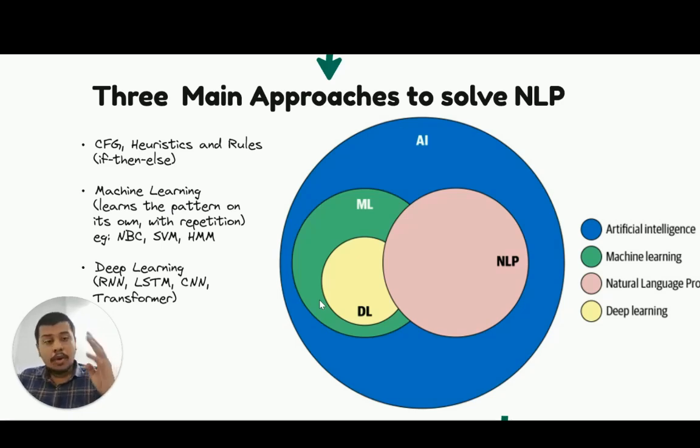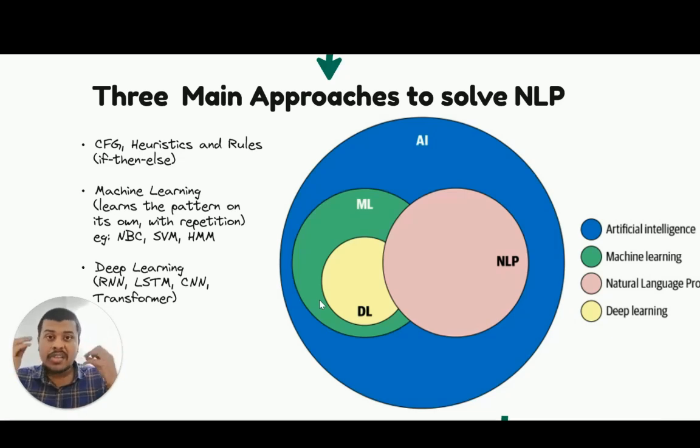Out of all these four models, the hidden Markov model alone will be seen in detail, because we'll not be using the hidden Markov model in our further lectures. So we'll just see the details of the hidden Markov model in this lecture itself. And the remaining three models will be gone through in brief to give a glimpse of how these models work, and all of that, right? So this is the second approach.